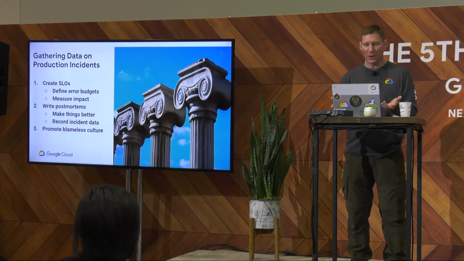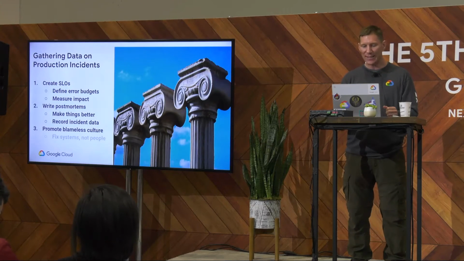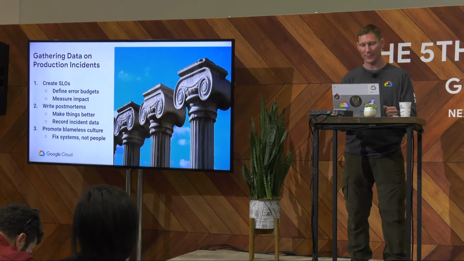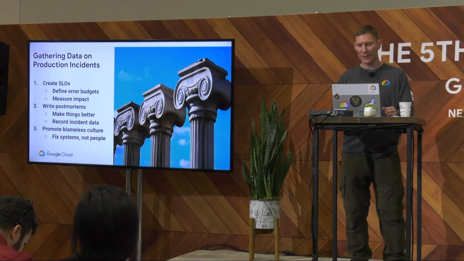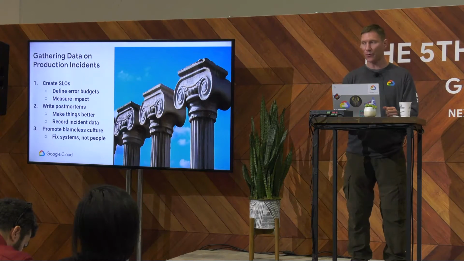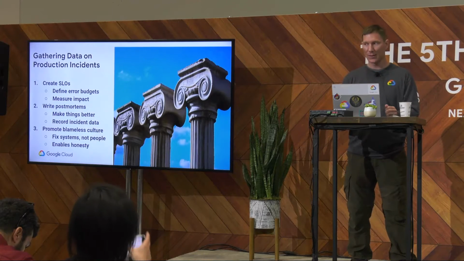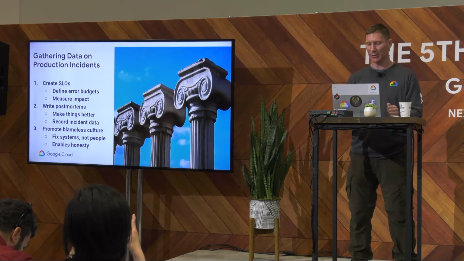If it's hard for you to figure out what to do, or if it's too easy for you to do something counterproductive, it's the system that should change. You should not be held responsible for doing the best job that you could with the information and the tools that you had. A blameless culture is essential so you aren't afraid to reach out for help during the outage. And you can be honest and open in the postmortem. This makes the postmortem actually useful as a learning tool.